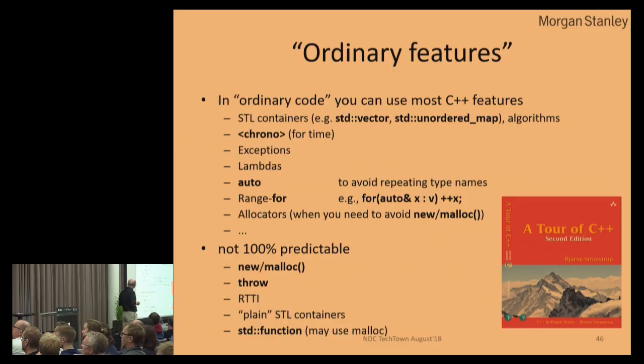So basically, for ordinary code, you can use most C++ features. The STL containers come in really handy. I always start with a vector and don't use anything else unless I have a good reason to. The good reason may be that I'm doing lookups, so I need a hash table. That's called an unordered_map. But basically start with those containers unless they don't work. Unless there's a problem with it, you don't need to go any further. It's a good start. And then you can optimize.